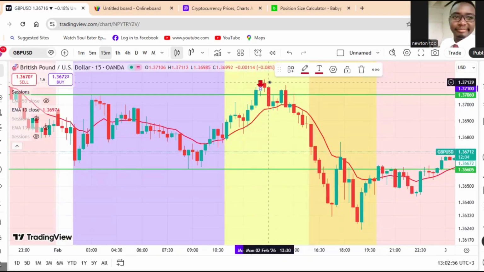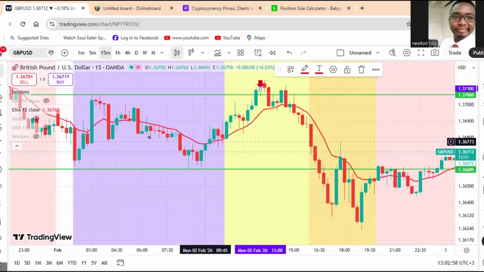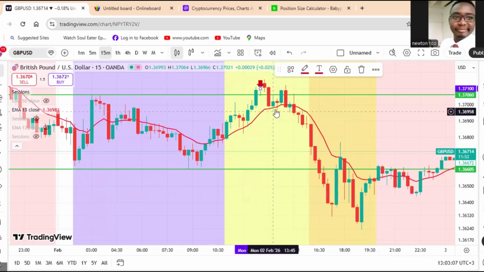So the best way you can do this, guys, is you make sure you set the 13 EMA on your chart. So you see, this is a 13 moving average on your chart. So what you're gonna do is